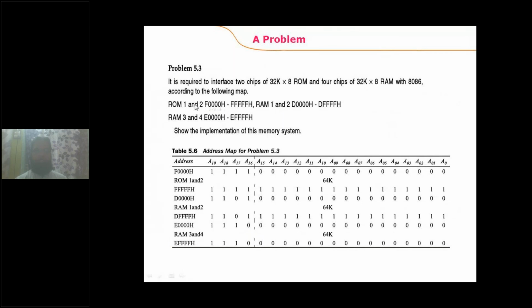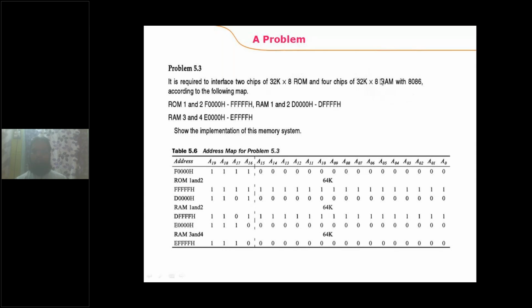So what does it mean? The 8086 microprocessor needs to be connected with 2 ROM chips, and each ROM chip is of size 32K x 8, or 32 kilobytes. Similarly, the 8086 microprocessor needs to be connected with RAM chips, and how many RAM chips are there? 4 RAM chips, and the size of each RAM chip is 32 kilobytes.